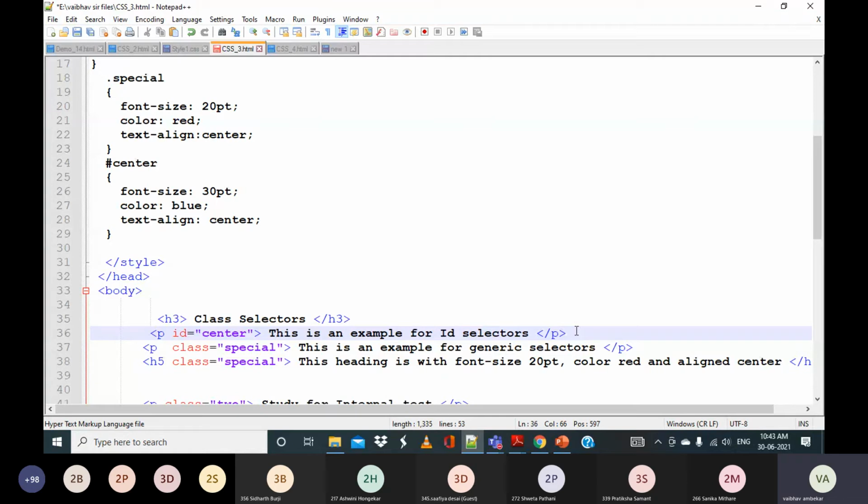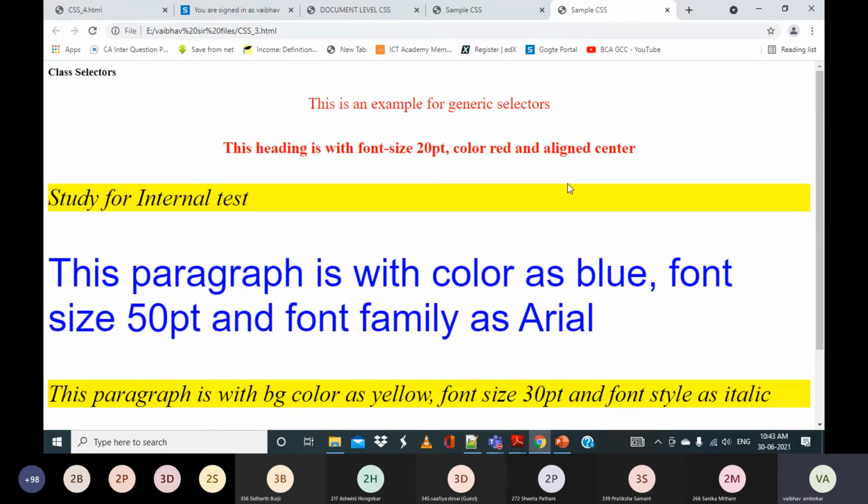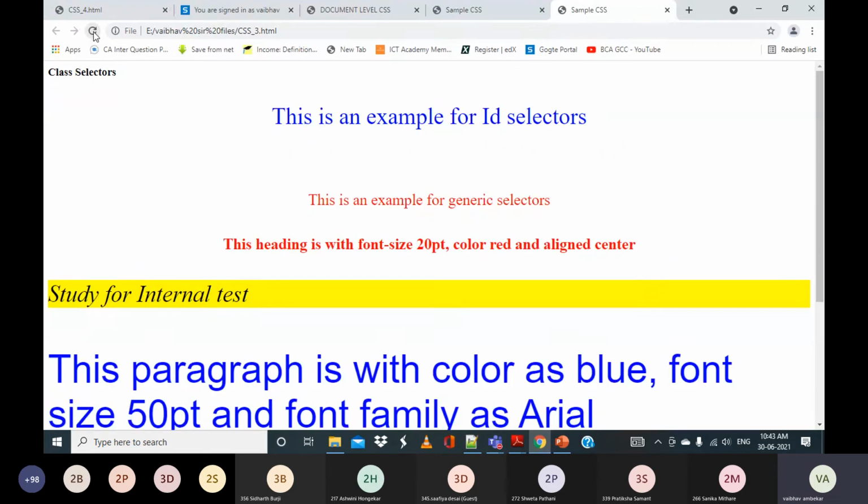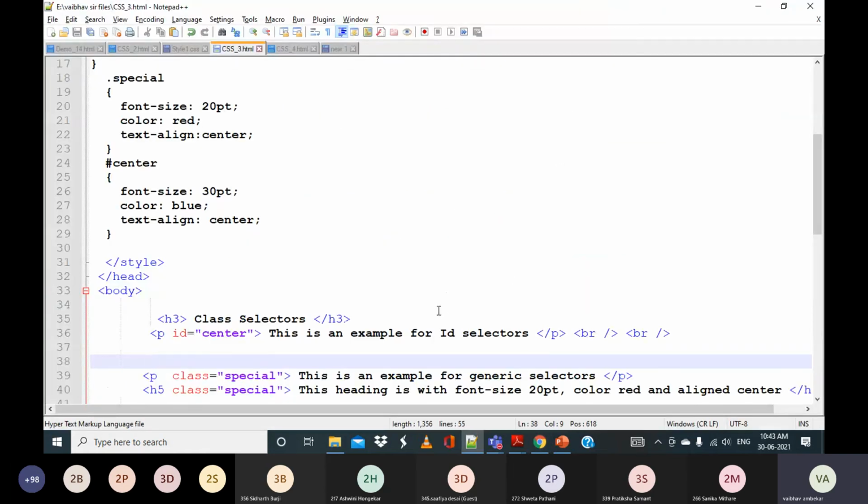Just a break line here. Are we getting it? So if you want to apply it for only one specific element, we can use these ID selectors.